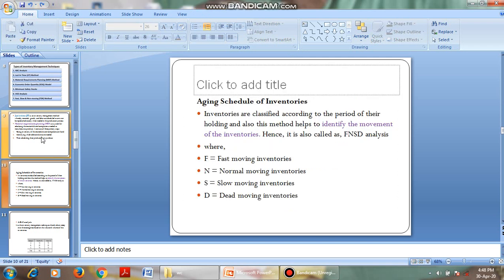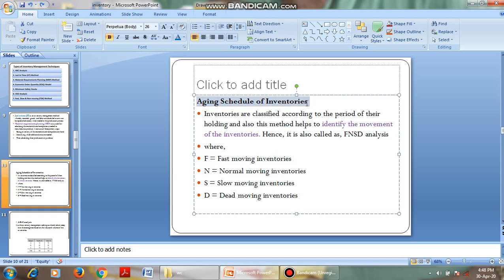Okay. Next one is FSN. This is also called the aging schedule of inventories. Here the inventories are divided based on their holding period or based on their movement of stock. That is to identify the movement of inventory, that is, fast moving inventories, slow moving inventories, normal moving inventories, and dead slow moving inventories. For example, in a shop or in a supermarket or in a shopping mall,